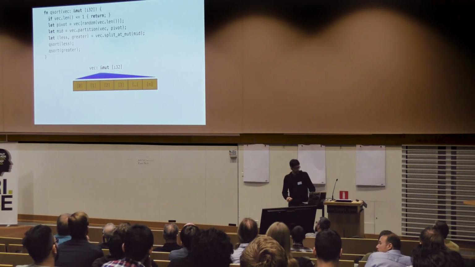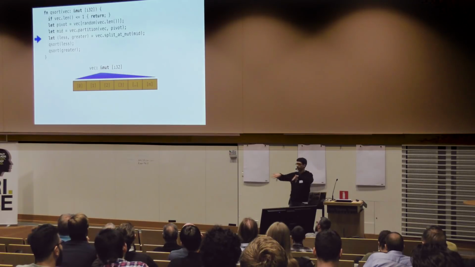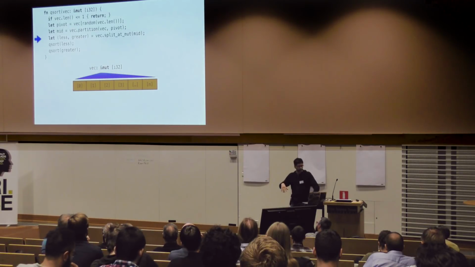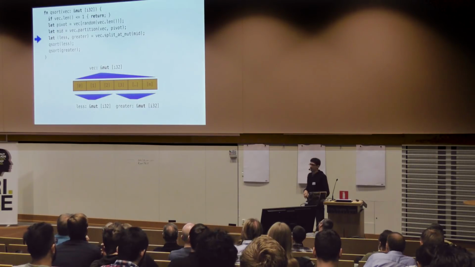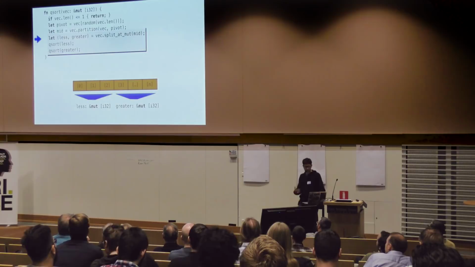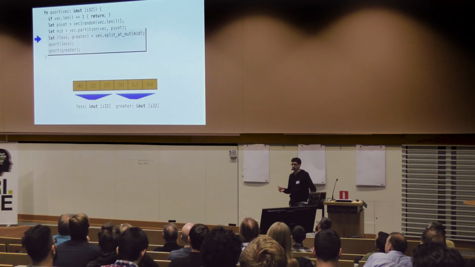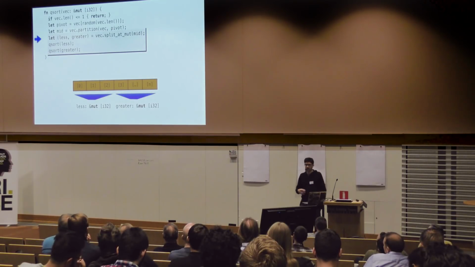Then it picks a pivot and does the partition. Like I said, if you don't remember how qsort works, not so important. Basically, it's dividing up the data on the left and right. And this is the key part: it calls split_at_mut, which divides the data into two parts about this pivot. Then we recursively process the data. If you recall, when I call split_at_mut, while I'm using less and greater, I've lost access to the original slice until they're done.